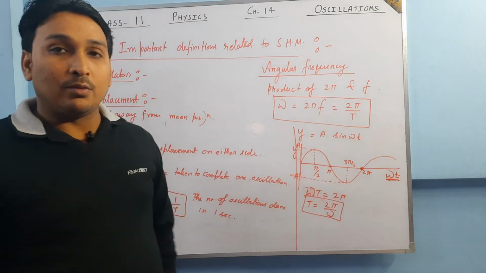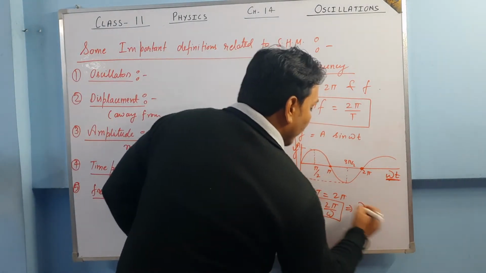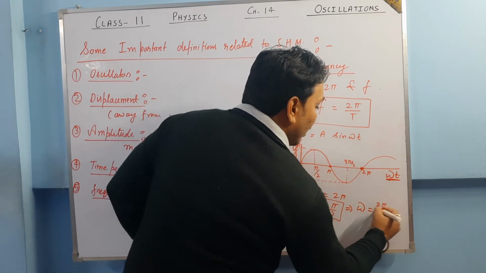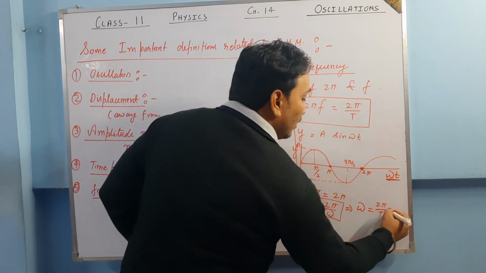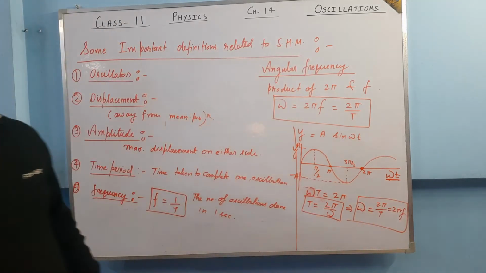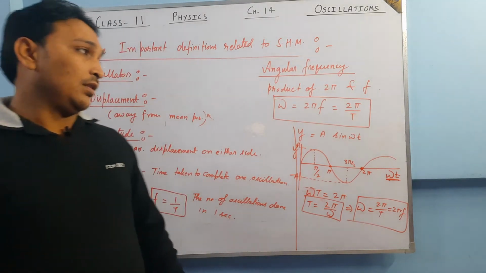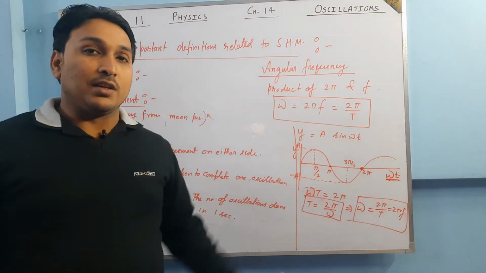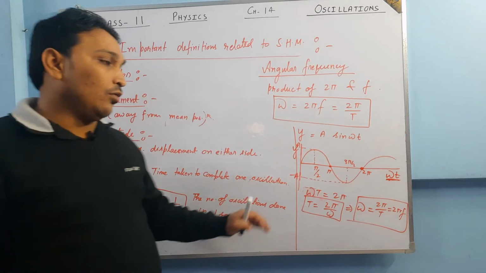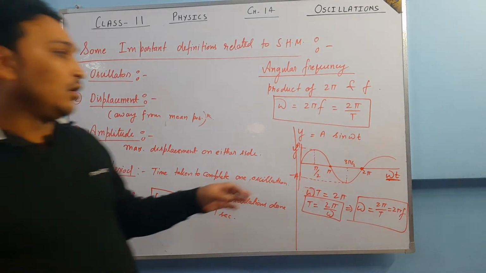From here also you can calculate that. Or if I calculate the value of omega, so what are we going to have? T is divided that side, 2 pi by capital T. 1 upon T is given by what? 2 pi into frequency. This is how this formula comes. Okay, from the graph, that we will do afterwards also, but since I am telling angular frequency this time only, I thought to give you a feel from where it has come. I hope it is clear.